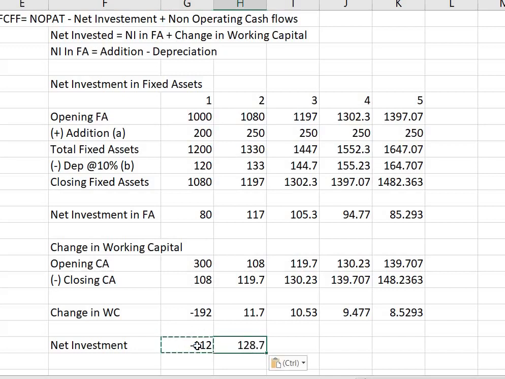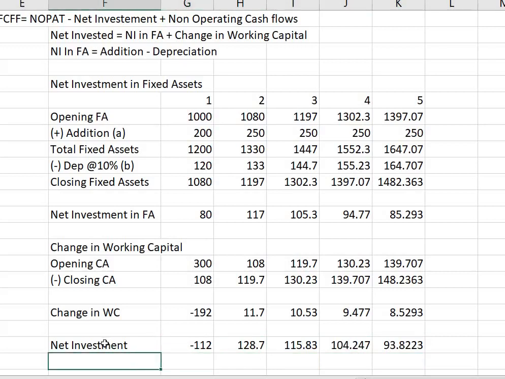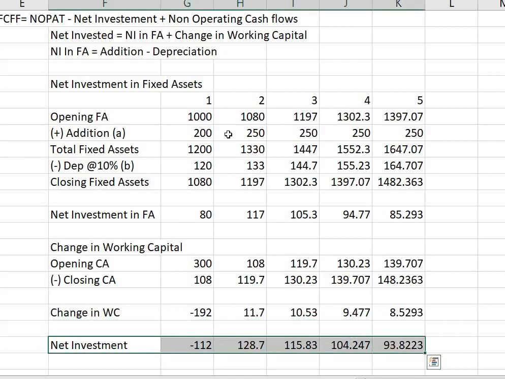Second year we have all cash outflow, third year again we have all cash outflow, and so on. So here in this case what we did is, we have made the calculation of net investment for the purpose of calculating the free cash flow for the